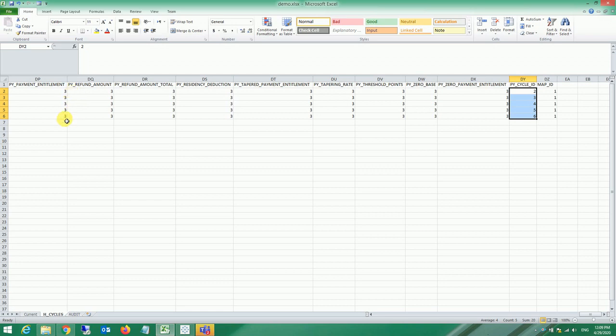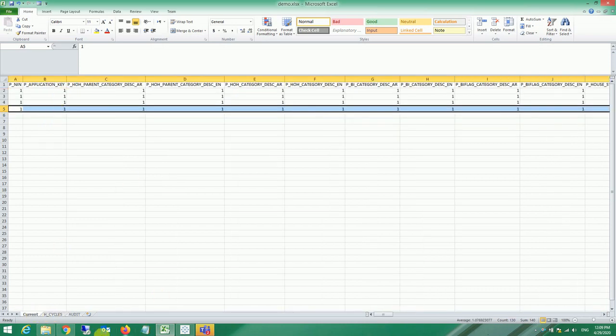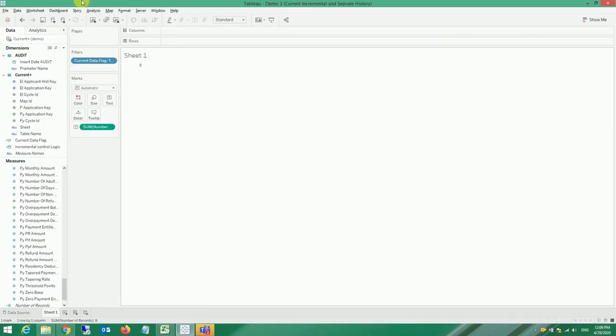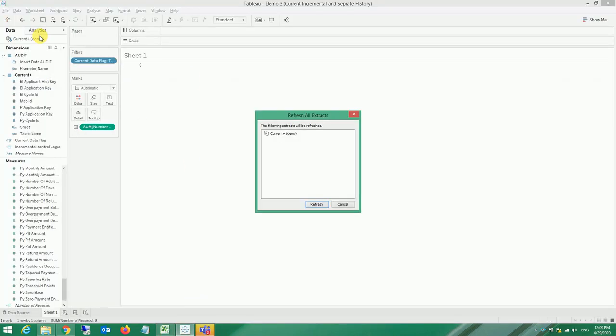So 5 plus 4 equals 9 records. And the date I already updated. Control S, the data source to be saved. Go to the data, say refresh extract. Ideally it will be 9 records.